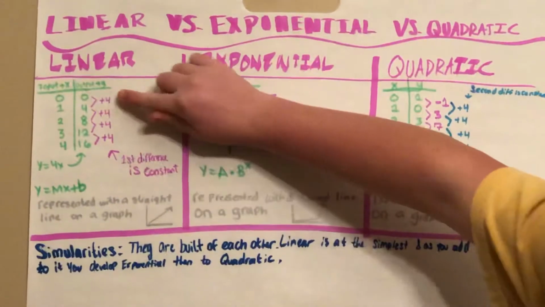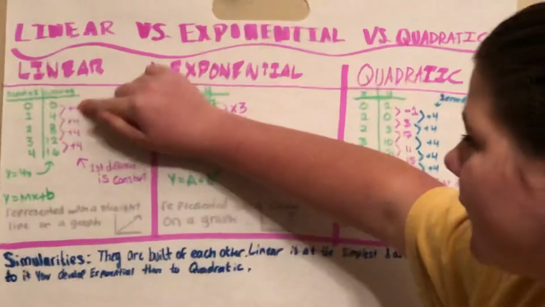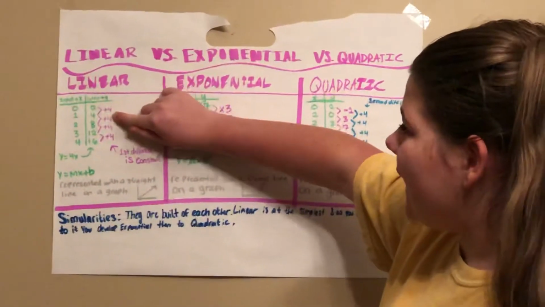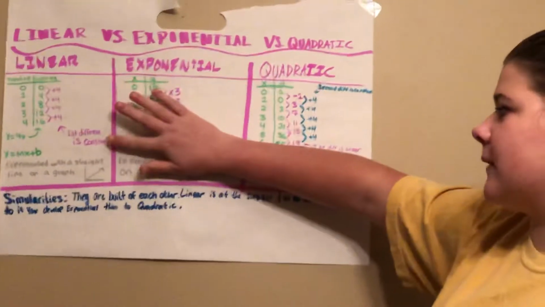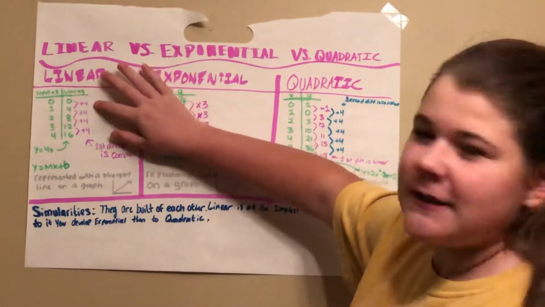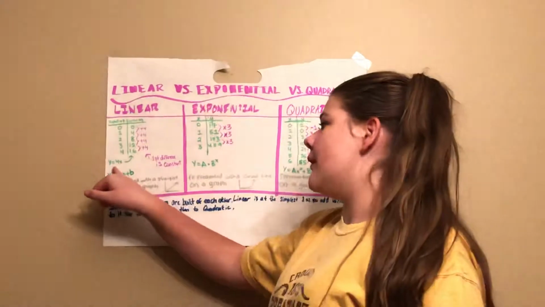Now as you notice, with each of these y values, if you take the difference, the first difference is adding 4 every single time as you go up in x values. That just proves that the first difference is constant, because it is constantly adding 4 each time. Now this table represents y equals 4x